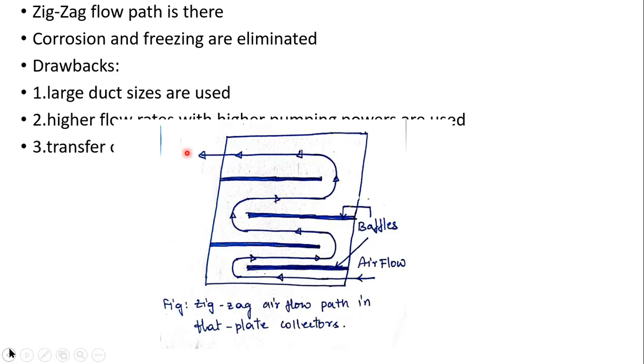Using air as the heat transport fluid, we can eliminate freezing and corrosion, and small air leaks are negligible. If there is a small air leak, it is neglected. But even a small water leak should be taken into account, because a hot water leak will have a side effect. So we have to consider water leaks and need not consider small air leaks.